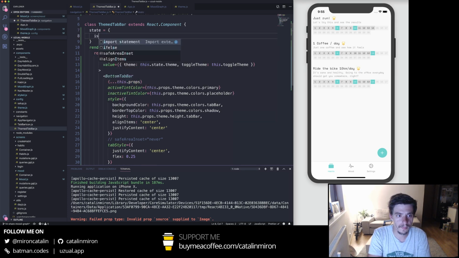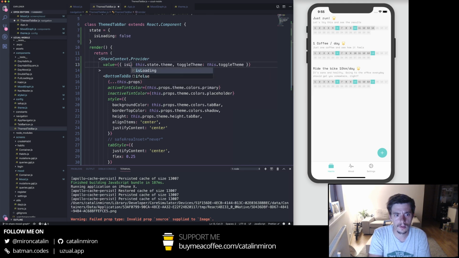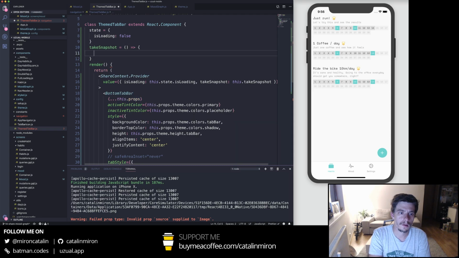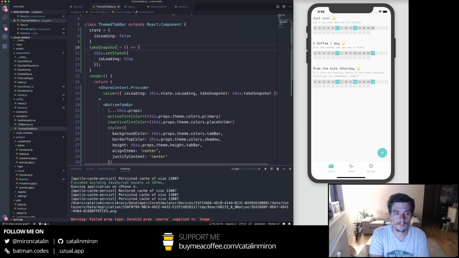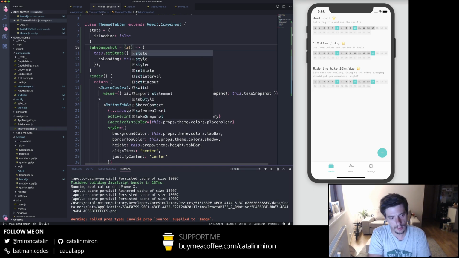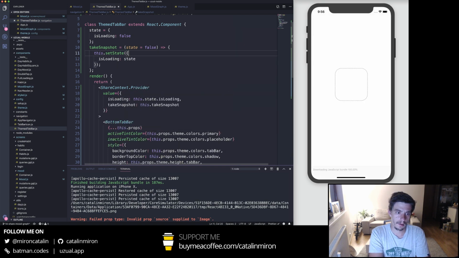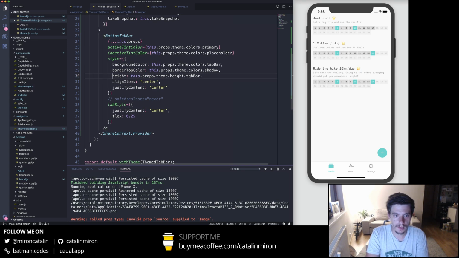state is going to be is loading true, false, and here is loading. This state is loading and take snapshot, and this takes snapshot. Oops, it's going to be is loading true, state, which is by default false, and I will apply the state here. So this one, funny one. So if I'm just adding here 0,